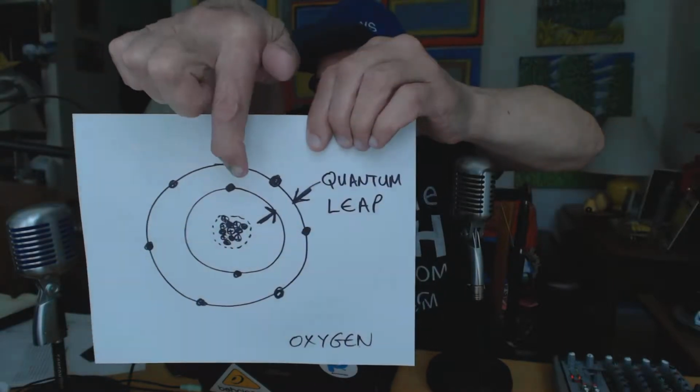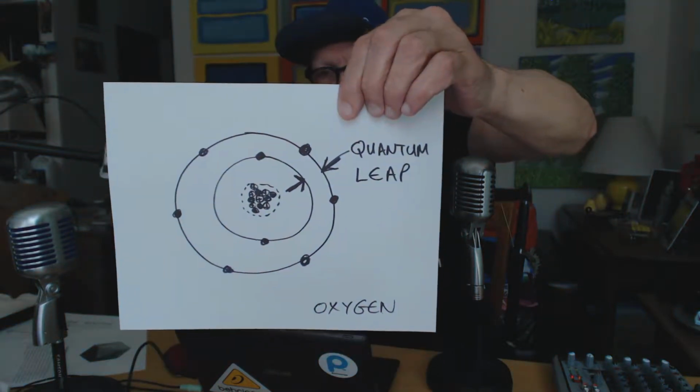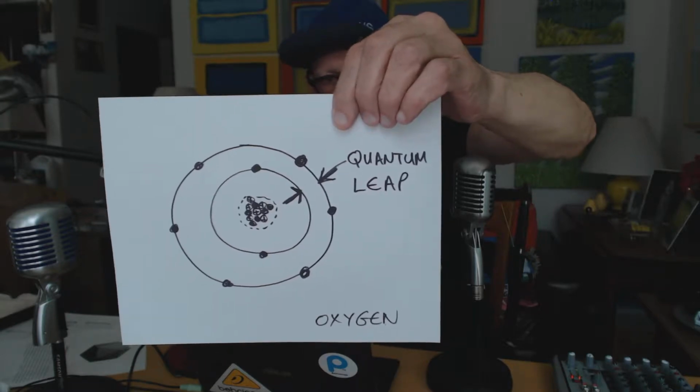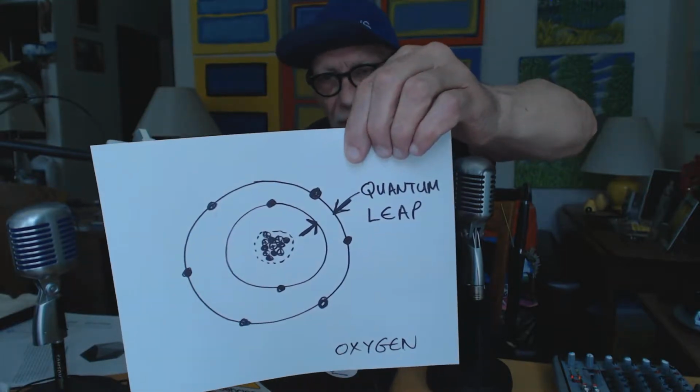So when an electron wants to go from a lower level to an upper level, it needs to acquire energy. And if it acquires that amount of energy for some reason, or jumps out of its outer shell into free space, that is called a quantum leap. And it's extremely tiny. It's the smallest measurement you could think of, and it takes about a quantum of energy to do that. And when the electron does that, it'll leave behind an amount of energy called a photon. And there's another one that's totally misunderstood.